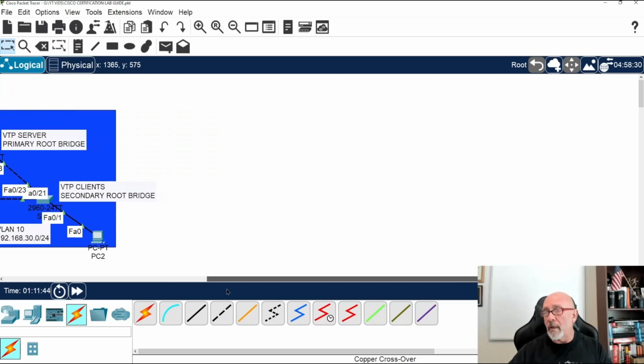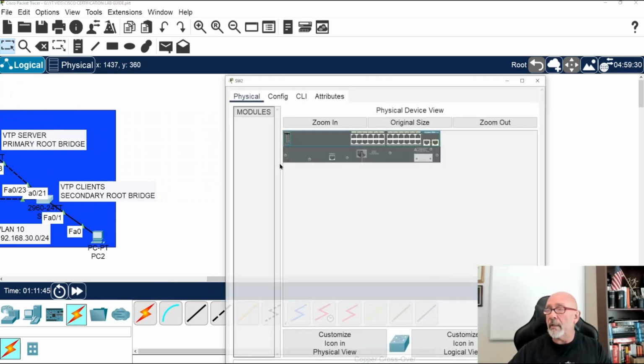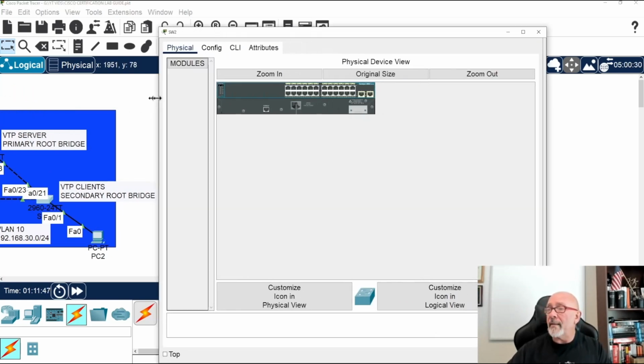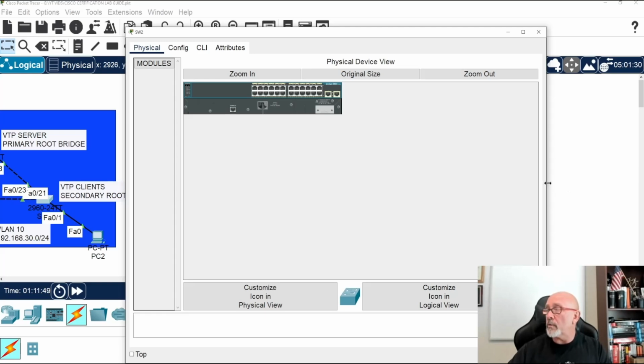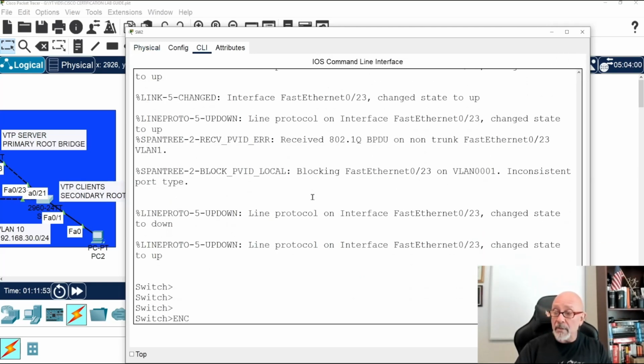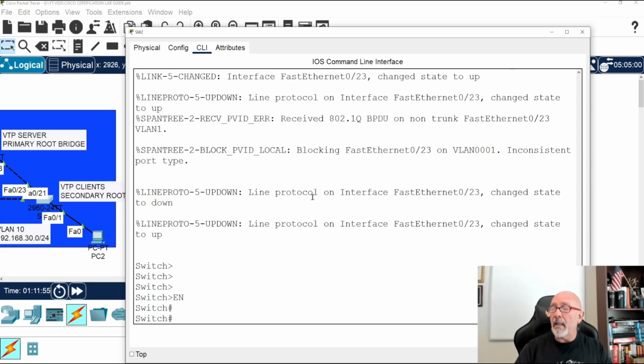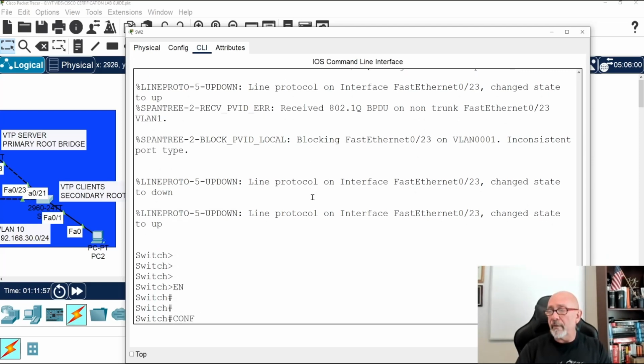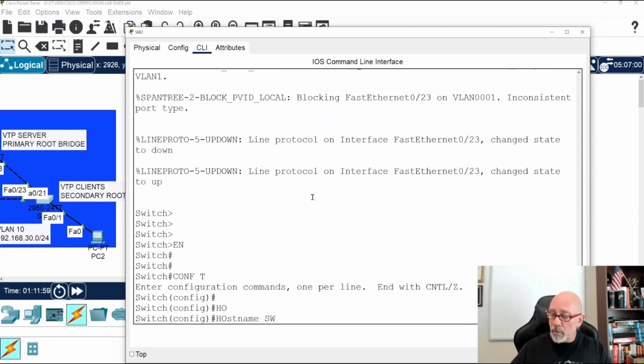Let's expand this. One of the things I'm going to do to this one, because this is going to be the secondary root bridge, for backup purposes. Enable, and then give the host name SW2.